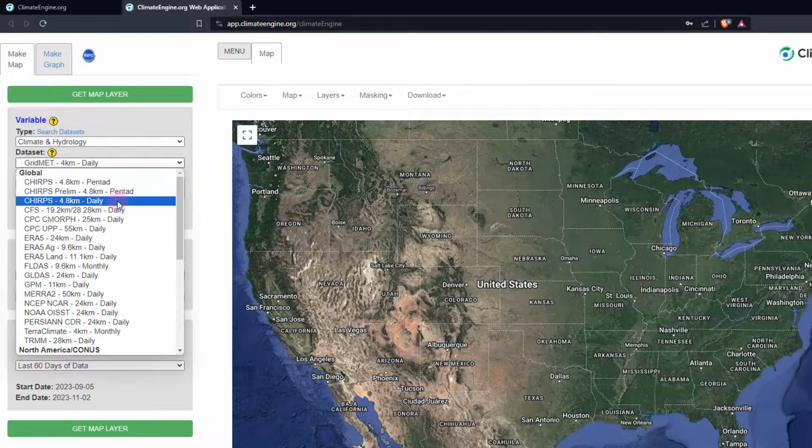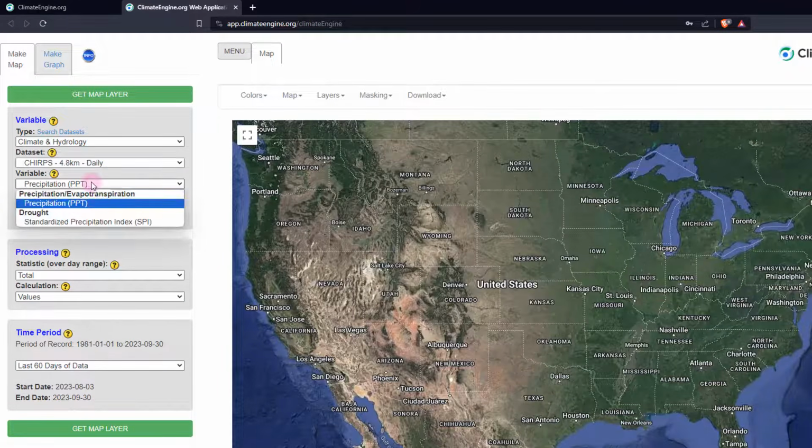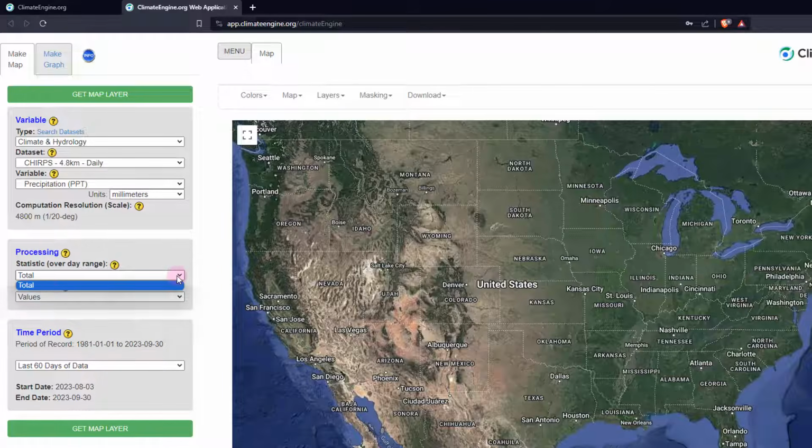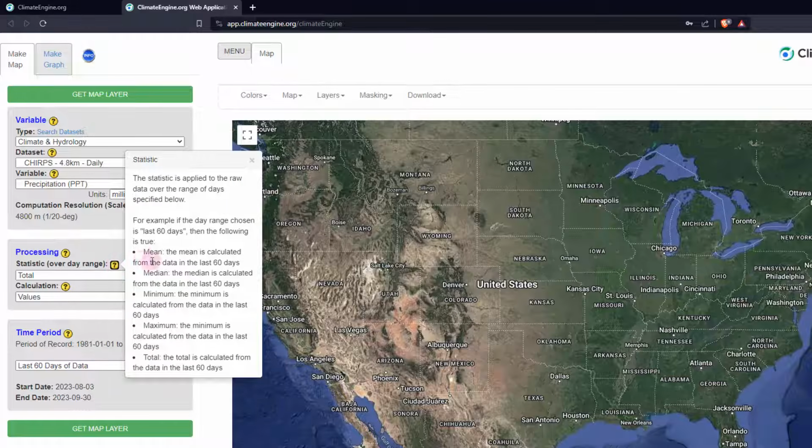So what I'm interested in is this daily data. So I'm going to select this one right over here. And from here, you can see the variable that we're interested in is precipitation. Units, I'm going to set it to be millimeters. And the statistic, if you try to expand it, you would see that we basically have just one option, which is total. And if you just put your mouse pointer right over here, it'll actually give you what's meant